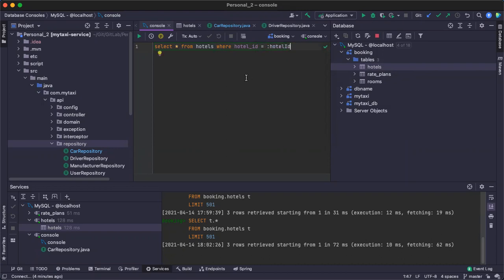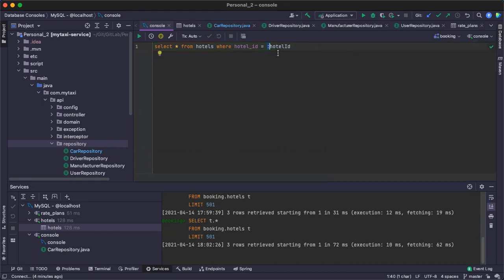We will have around 10 colon parameters, so it will be very difficult for us to remove all of these.